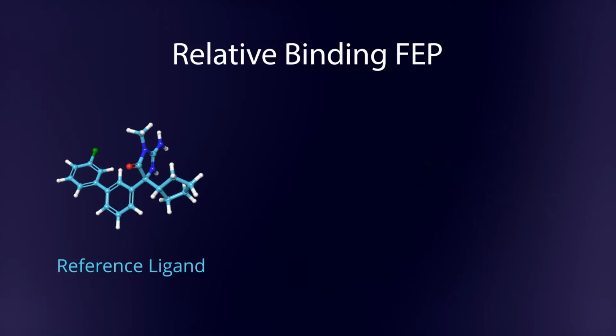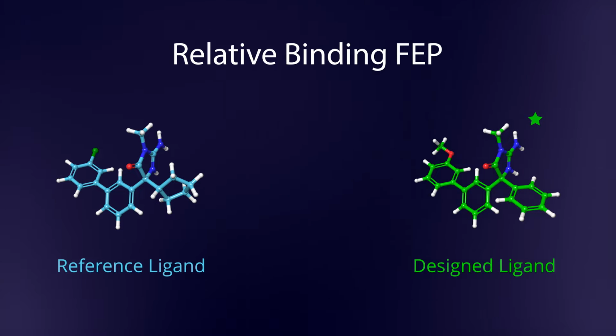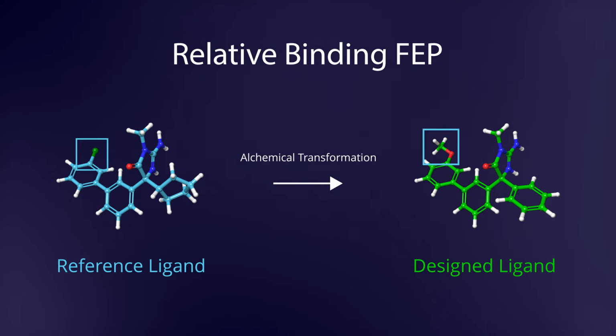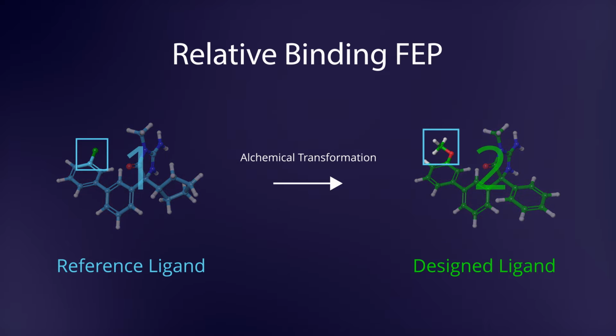Now to narrow our focus a bit. Relative binding FEP is a specific method of FEP that uses what we already know about a reference protein-ligand complex to predict the binding affinity of a new similar ligand. It does this by performing an alchemical transformation. The term alchemical here describes the simulated transformation of a reference ligand into another ligand by changing elements, bond orders,